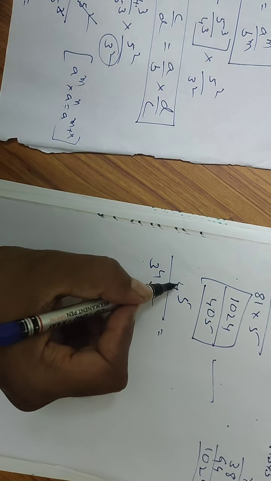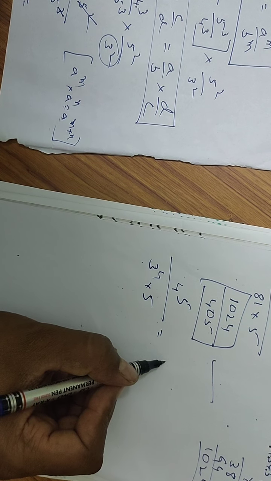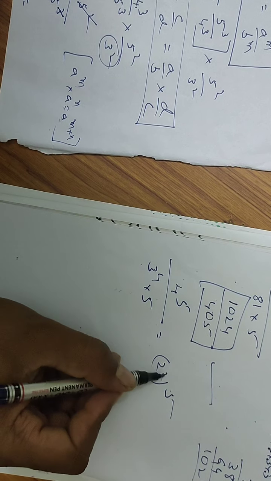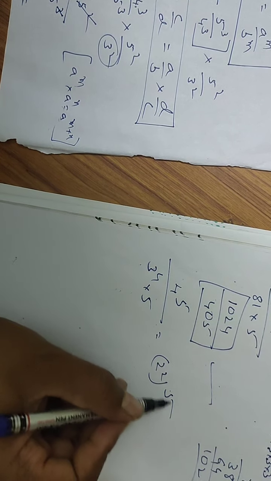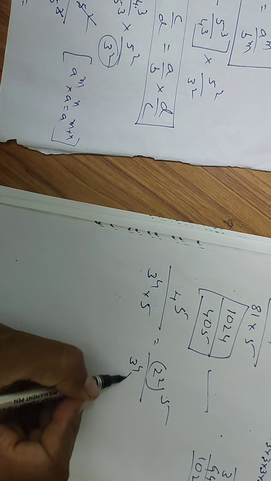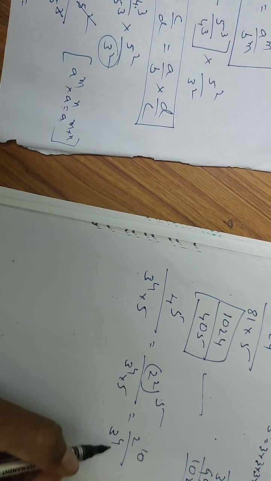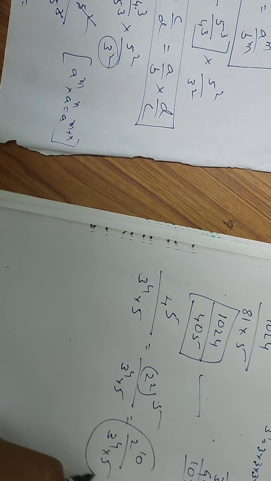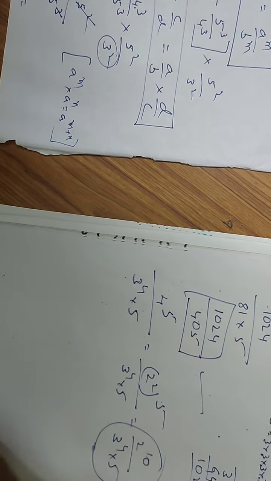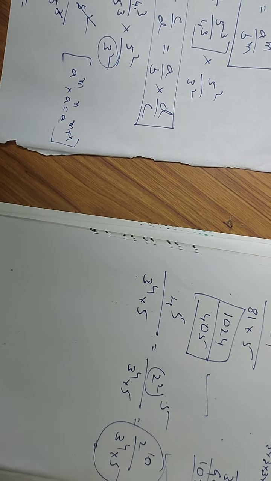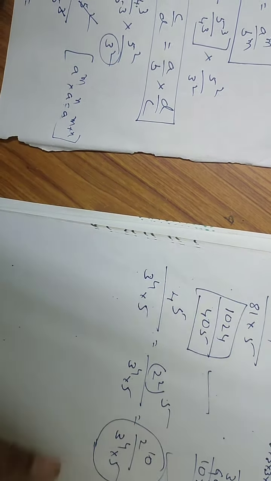You can write it like this, or here, 4 power 5 by 3 power 4 into 5. The base 4 you can write as 2 square, so 4 power 5 is 2 square whole power 5, over 3 power 4 into 5, and here 2 power 10 by 3 power 4 into 5. You can leave it like this, or simplify further. So these two are answers for your question.